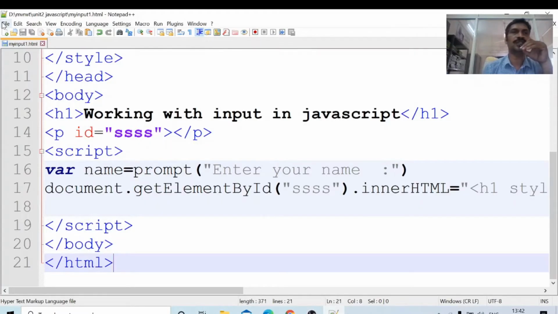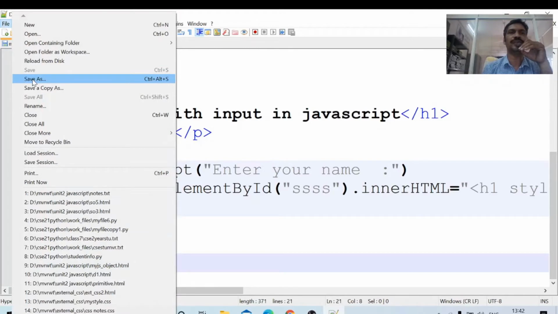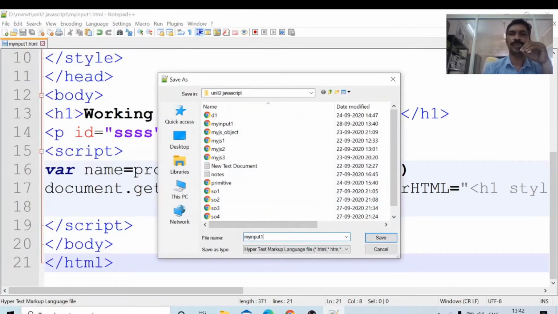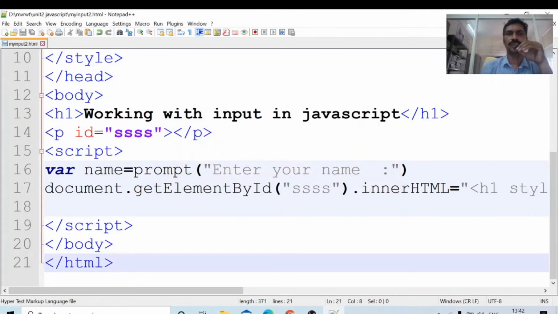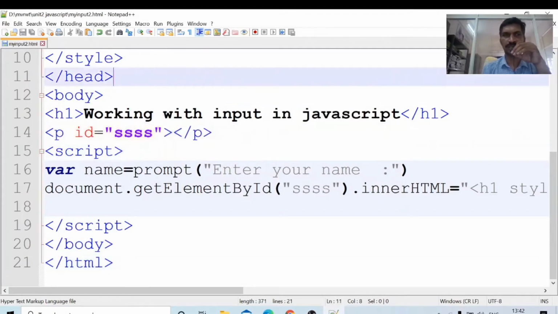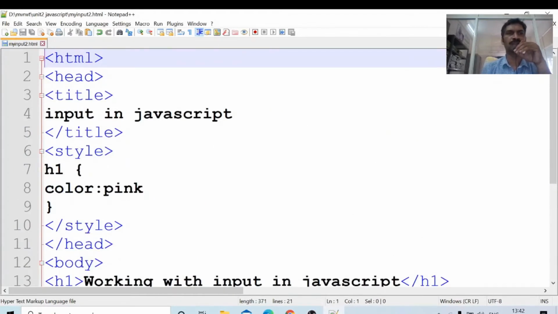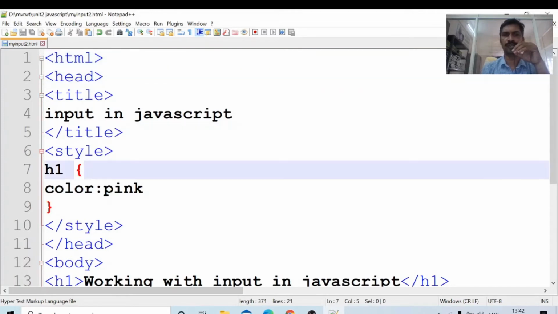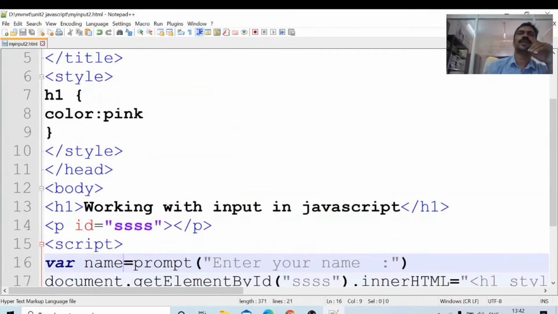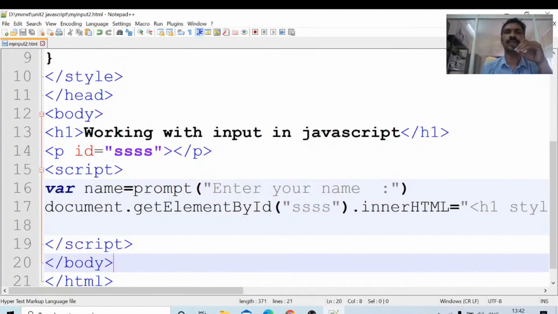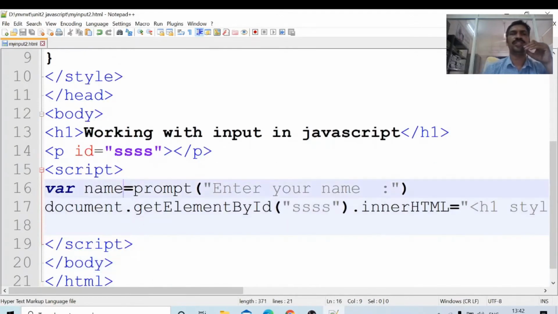The second program. I am opening this one, saving it, and just modifying it. Save as, my input, the name of the file is 2. After completion of this session, go to the lab folder. This file is available. If you have any doubt, try to do it yourself. Execute this one. Working with input. First, it has to read number 1.